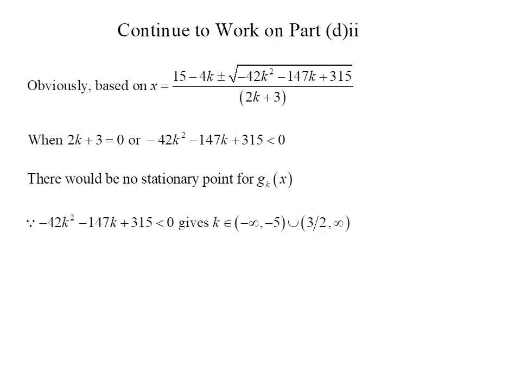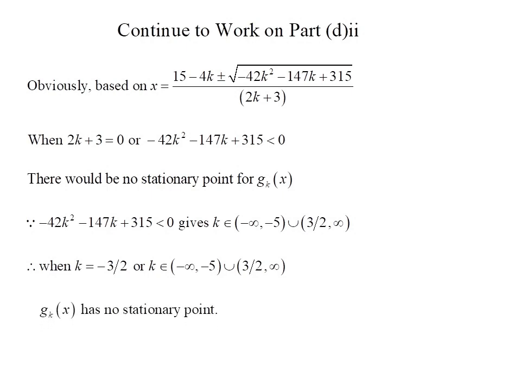Solving the inequality negative 42k squared minus 147k plus 315 is less than 0 gives that k is less than negative 5 or greater than 3 over 2. Since k cannot be equal to negative 3 over 2, when k equals negative 3 over 2, or k is less than negative 5, or k is greater than 3 over 2, the function g sub k of x